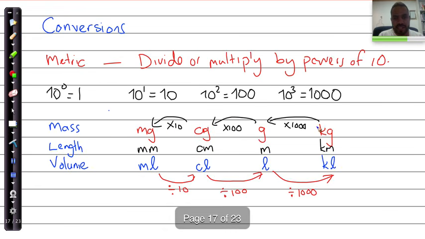Make sure that you know this table very, very well, and how to go from kilograms to grams, or grams to centigrams, and centigrams to milligrams. This is 10 to the power of 1, 10 to the power of 2, and 10 to the power of 3. If you were to go directly now from kilograms all the way to milligrams,